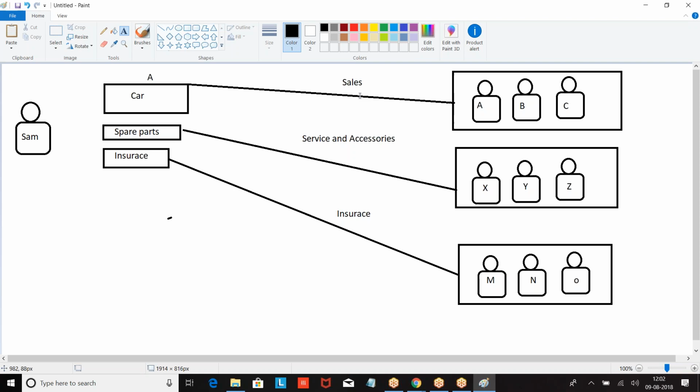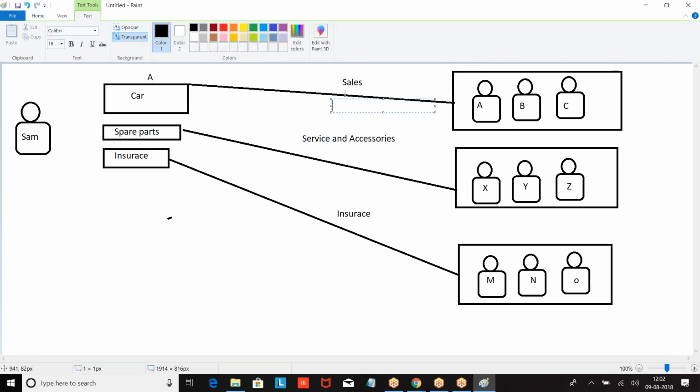Now customer told, boss, I want to purchase, let us say, a Creta vehicle, some XYZ vehicle, and I want to fit every accessory. I want a footer or rail, everything I want to put. I want to put some extra accessories and I also want the insurance. And I'm saying, boss, don't tell me separately, tell me what is the final price. Now, when the sales guy is coming, he will not say, I will only tell about the car price. You speak regarding the accessories to this guy. No, it is not like that, right?